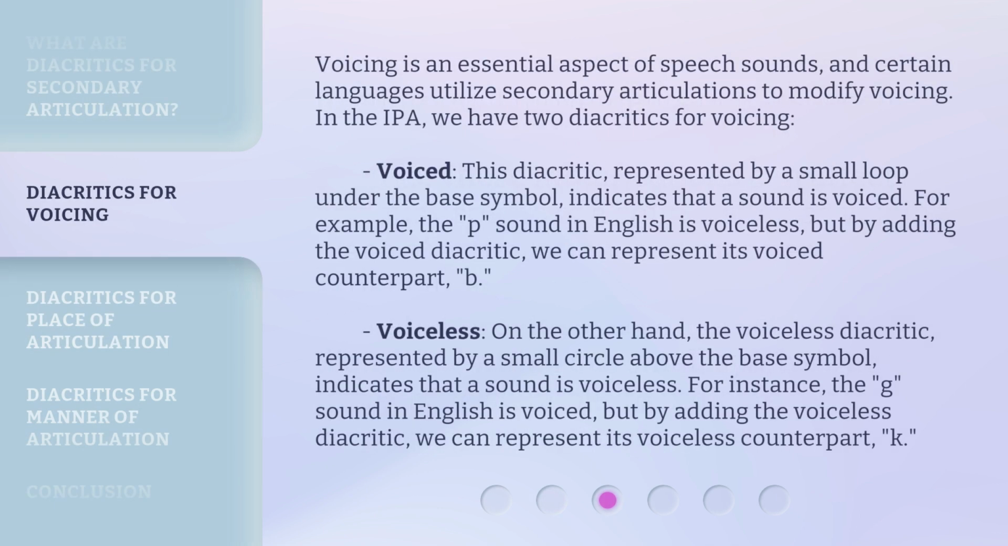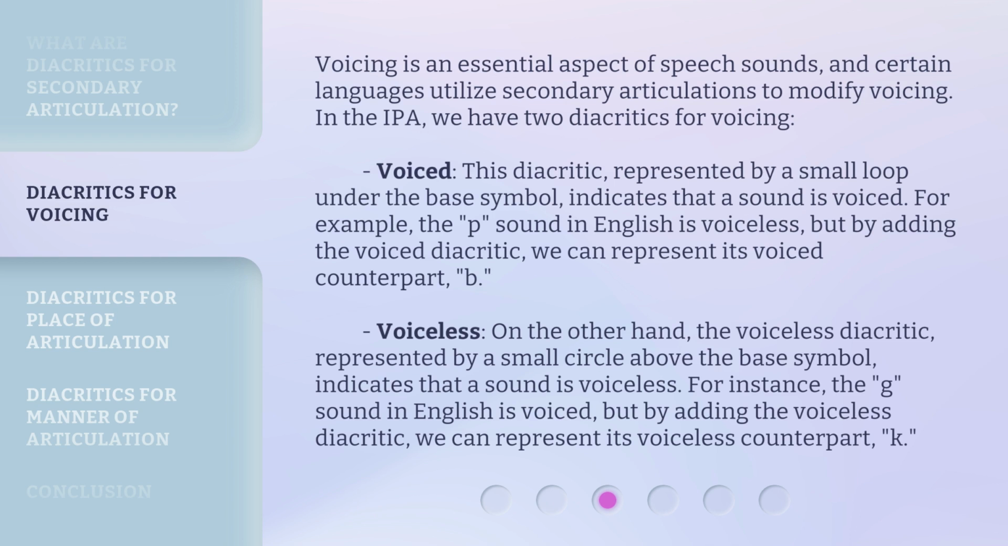Voicing is an essential aspect of speech sounds, and certain languages utilize secondary articulations to modify voicing. In the IPA, we have two diacritics for voicing. Voiced. This diacritic, represented by a small loop under the base symbol, indicates that a sound is voiced. For example, the P sound in English is voiceless, but by adding the voiced diacritic, we can represent its voiced